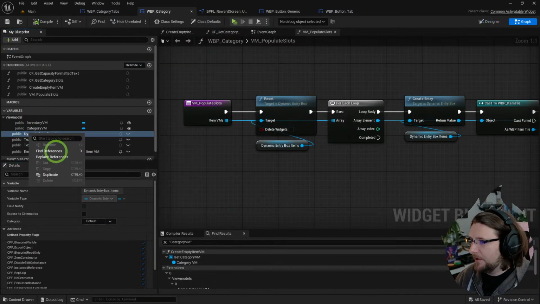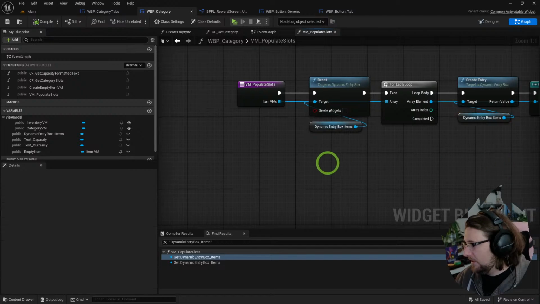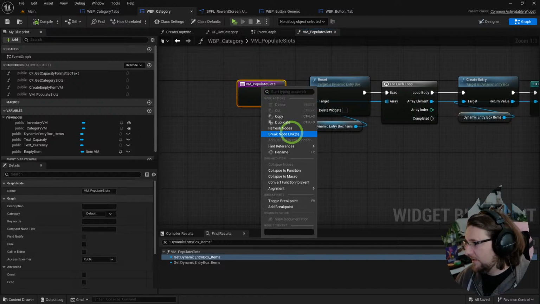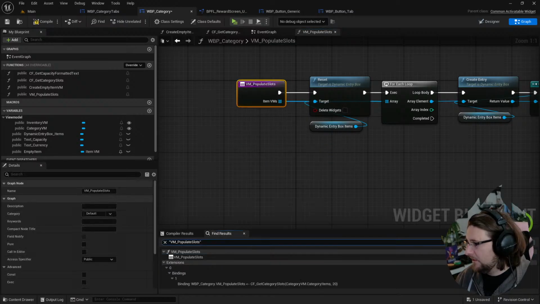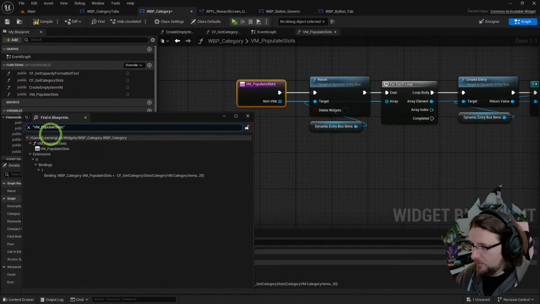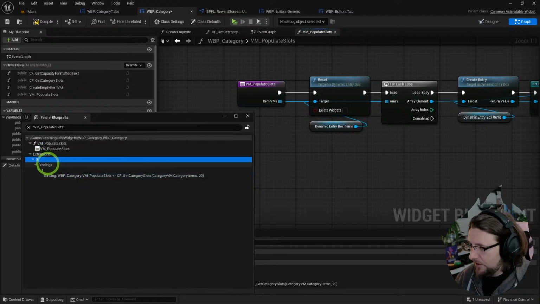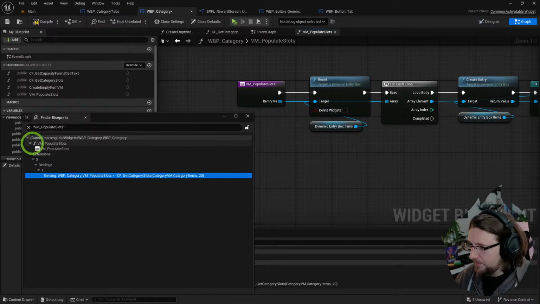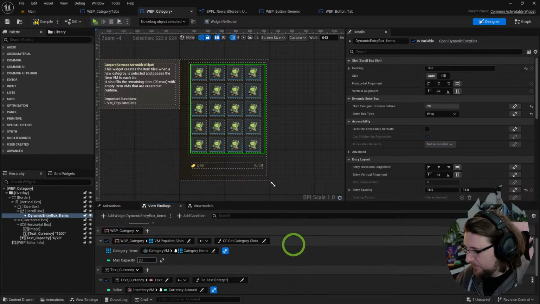Is there a reference to this dynamic list? It's in populate slots, of course. So we need to determine when to call this, because this isn't called from anywhere, as far as I know. Let's go find out. Extensions, bindings, get category slots. 01 bindings. Apparently it is bound. When the widget BP category, me,